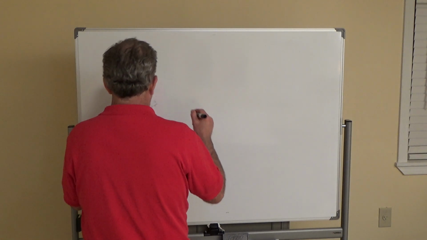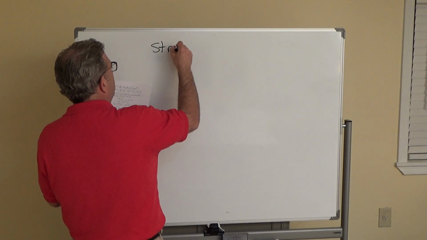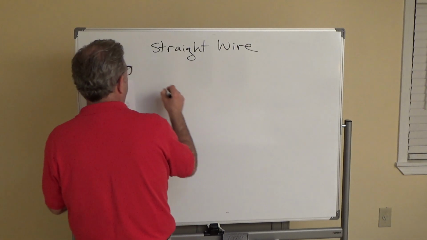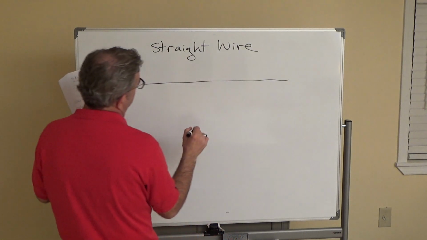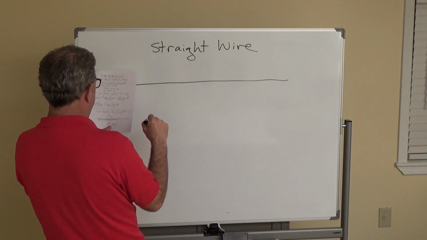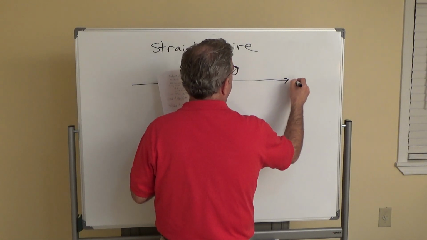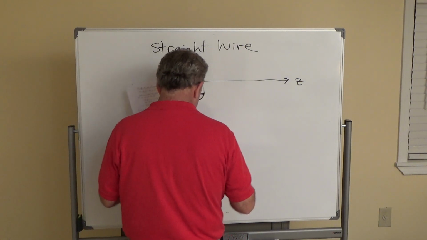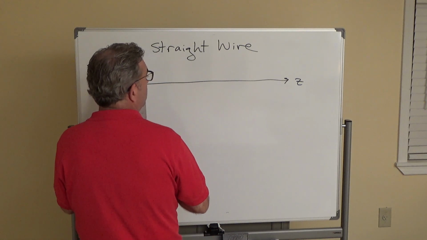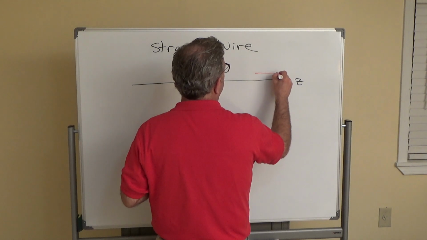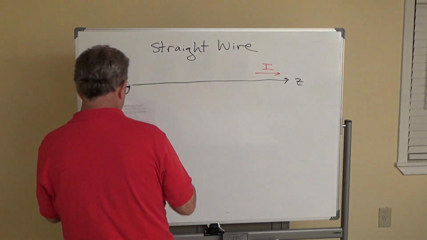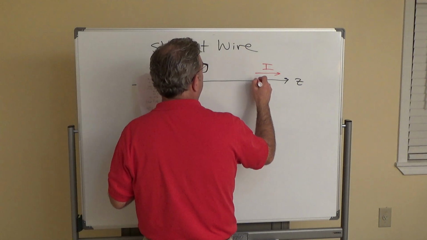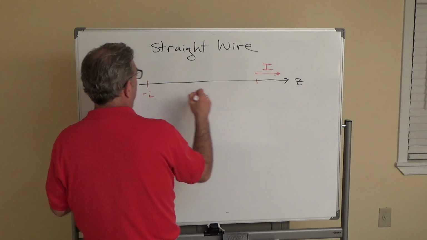So for a straight wire, okay, here's our straight, somewhat level wire. Let's say that that's the Z direction, I. So the current is in this direction, okay? And let's take a section from negative L to L,